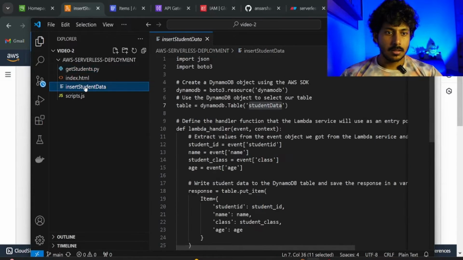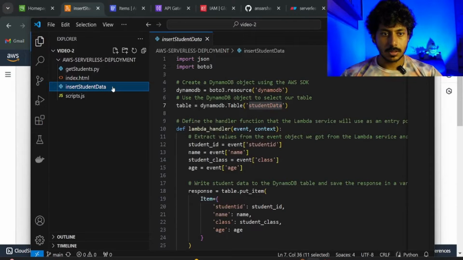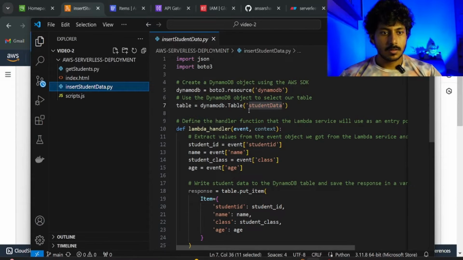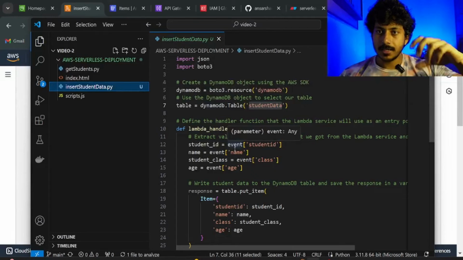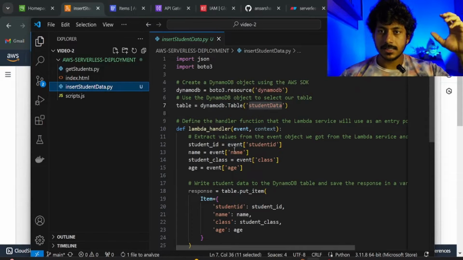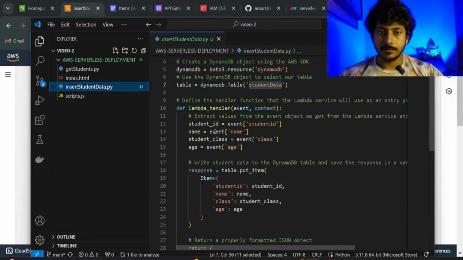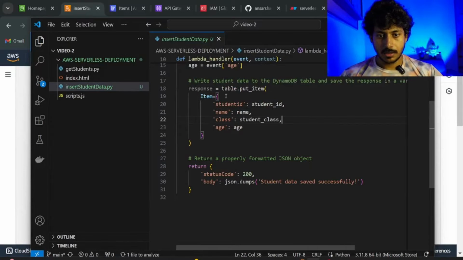And if you come to VS Code here, insert student data. Sorry, I need to rename this. So this is our Lambda function for posting data, or we can say inserting data inside the table. So same here, we just need to give student ID, name, class and age. It will store in that. Just copy this